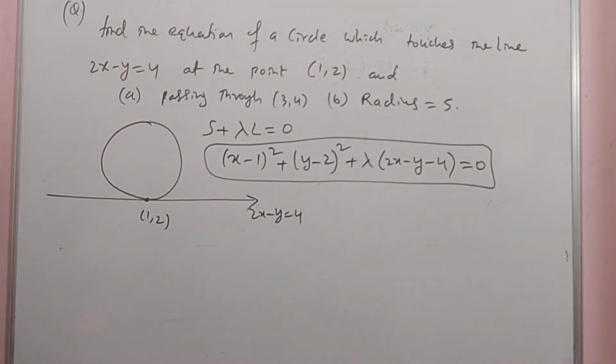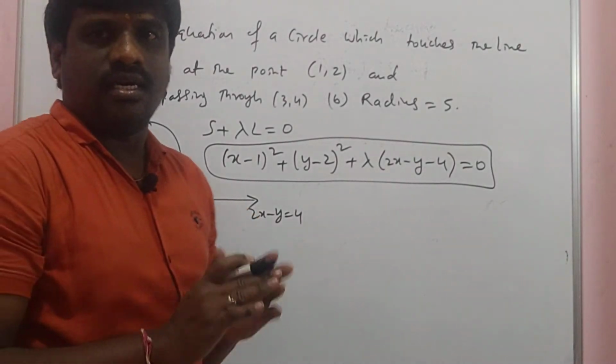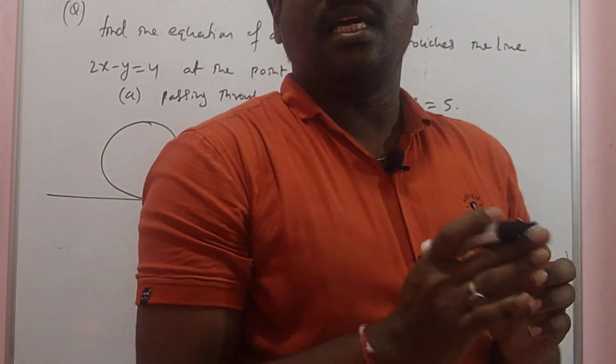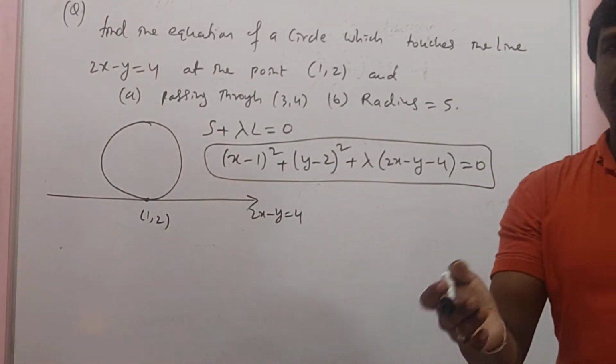Now there are two questions in this. Question number 1 says that this circle is passing through the point (3, 4), then you have to find